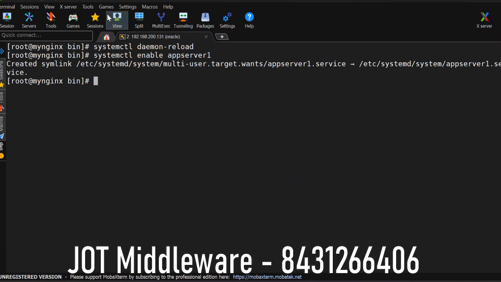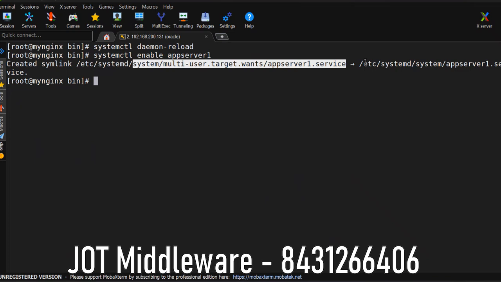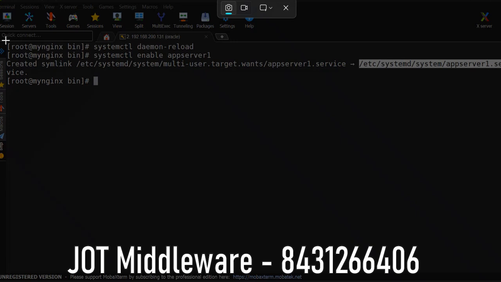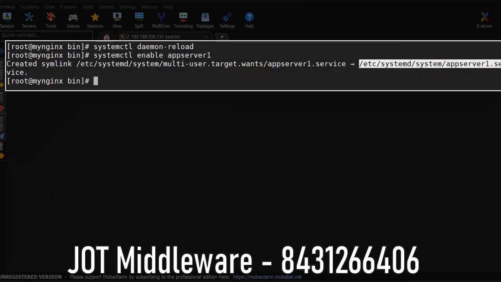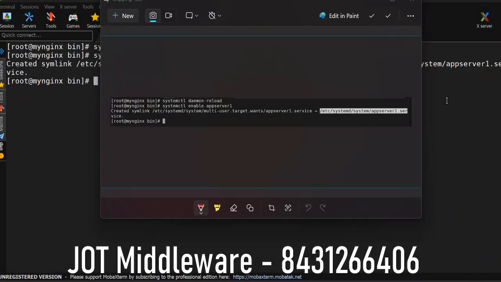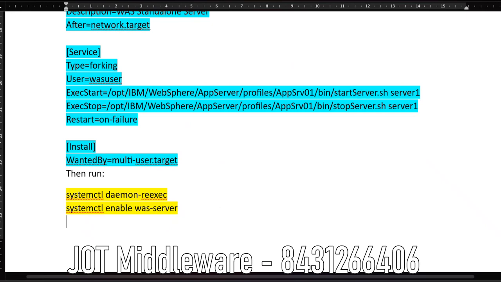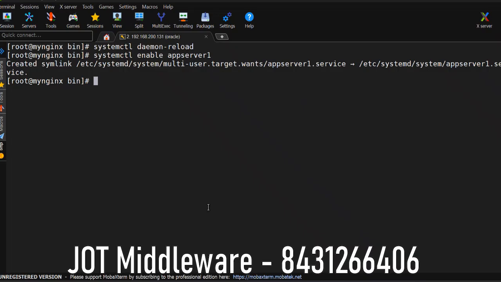So it has created a symlink in multi-user.target.wants for the appserver1 service. And now I can do systemctl